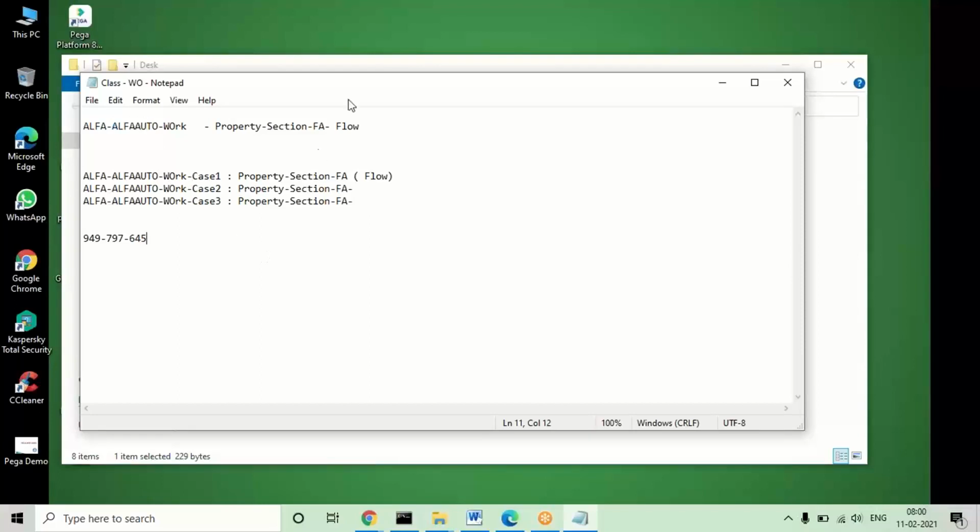Another thing is, in all cases I can use the rules commonly from parent to child. I can reuse all the rules commonly, because if you have any property, section or flow action in the parent class, I can reuse it in all the child classes, if the same design is required. If a different design is needed, you can directly create it in the subclasses. If the same design is required in all the classes, we'll create it in the parent class. I'll show you that later.